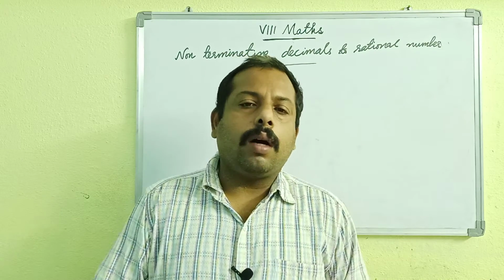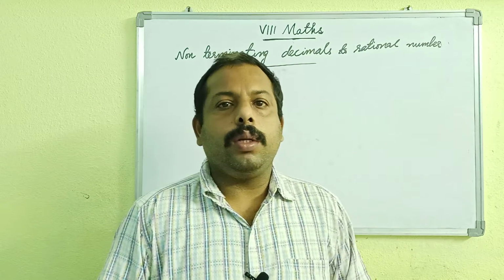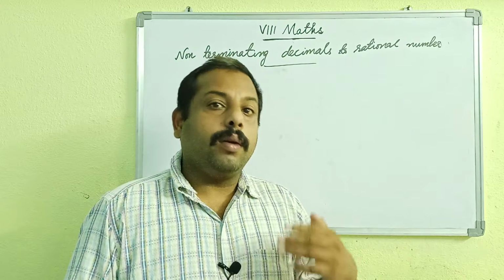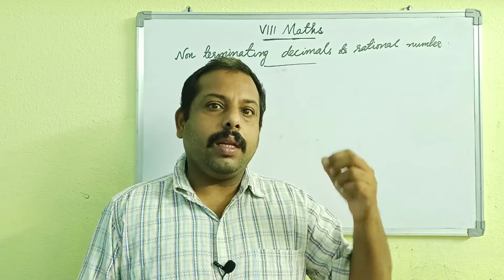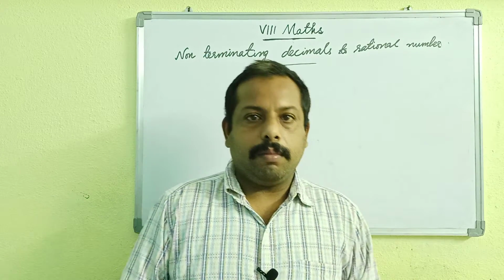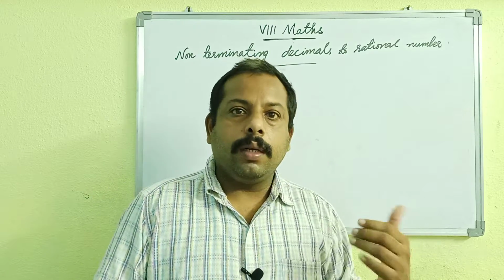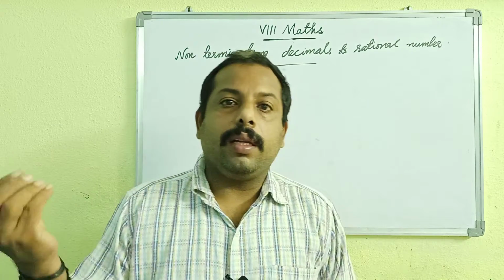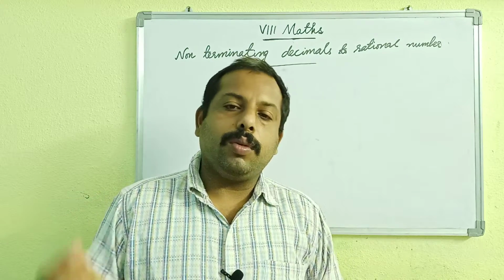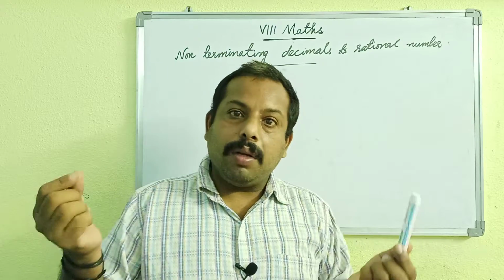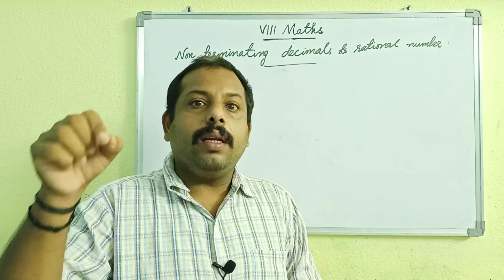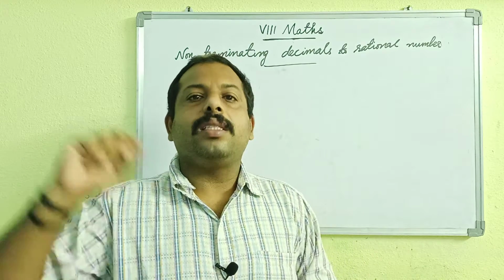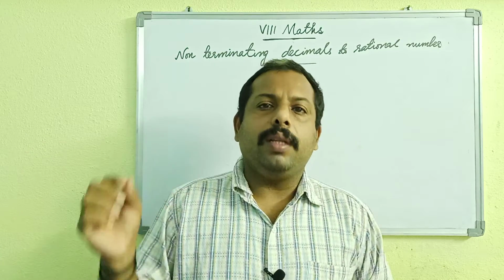Last day we learned how to convert a decimal number into a rational number. When we learned the conversion, we learned only about the conversion of terminating decimal numbers into rational numbers. Today let us learn how to convert non-terminating decimals into rational numbers. Non-terminating decimal numbers you have already learned and practiced problems on. When we divide two numbers, if the decimal expansion is not ending, such a decimal expansion is called non-terminating decimal